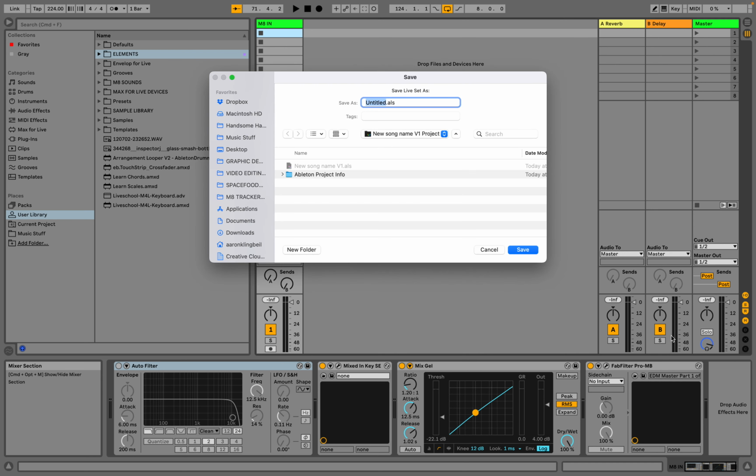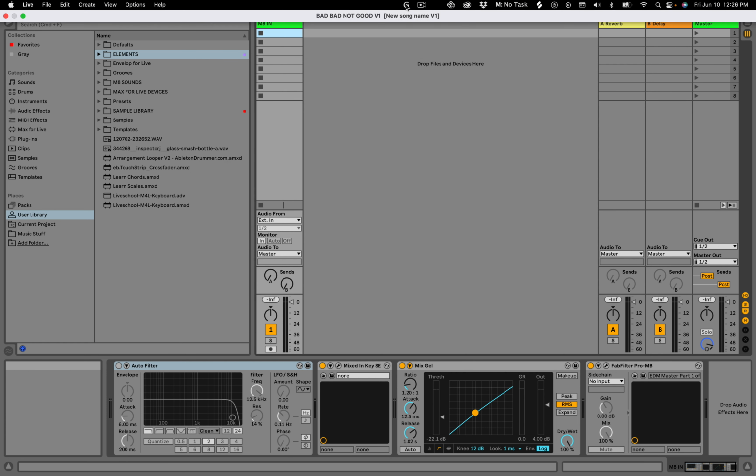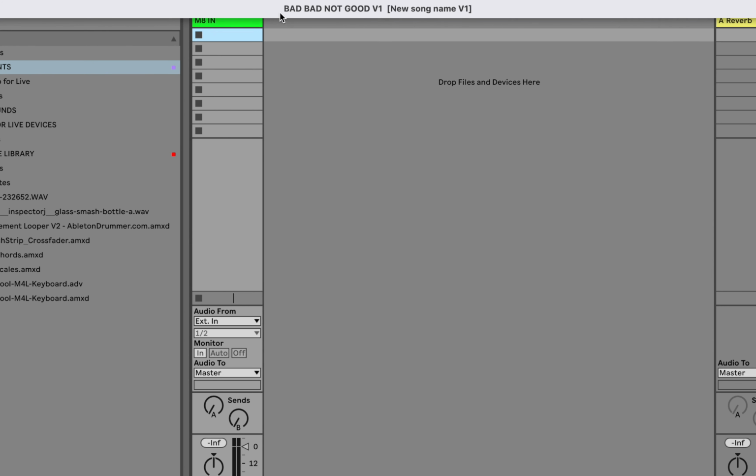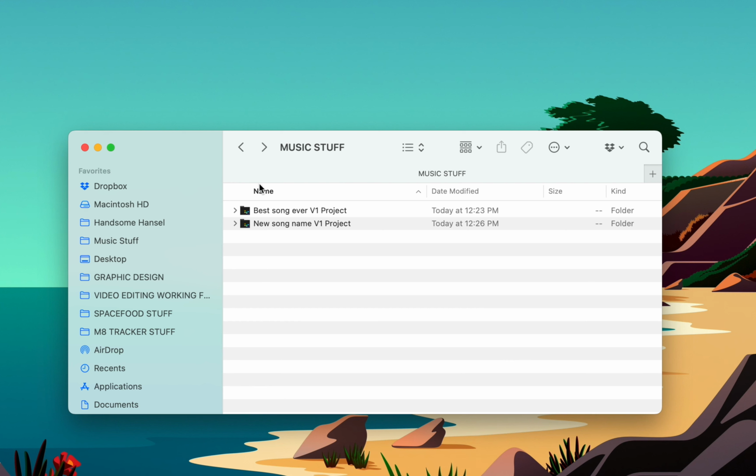And instead of saving it in its own project folder, I'm going to save it in the last location that I had saved. So bad, not good, version 1. I'll hit save. Now look what happens to the title up at the top. So the name of the set is Bad, Not Good version 1, and it's located in the project folder new song name version 1. So if you see that this is happening, I highly recommend that you jump back into your Ableton Live's music stuff folder and just do a little bit of research, find out what's happening, and